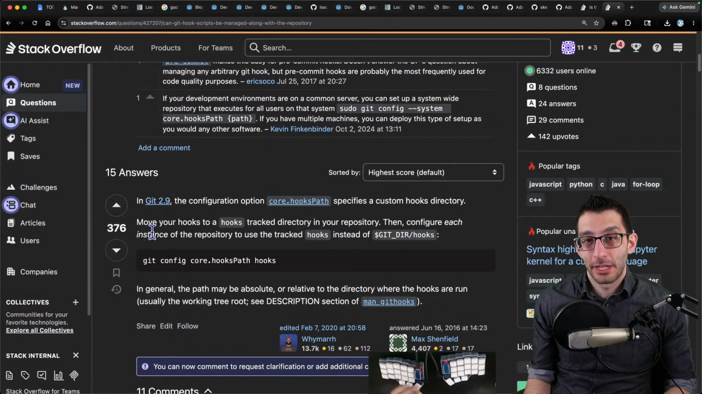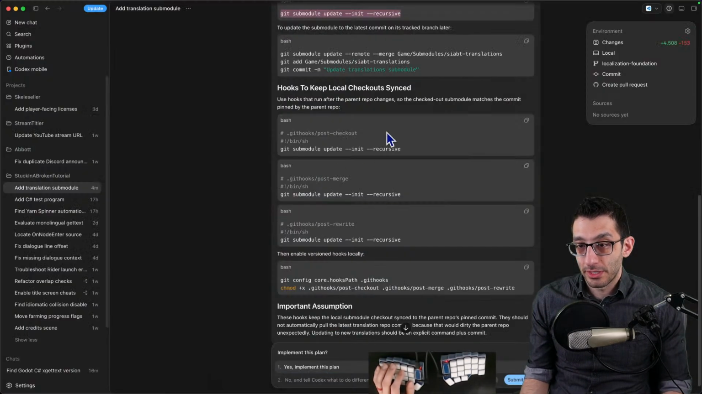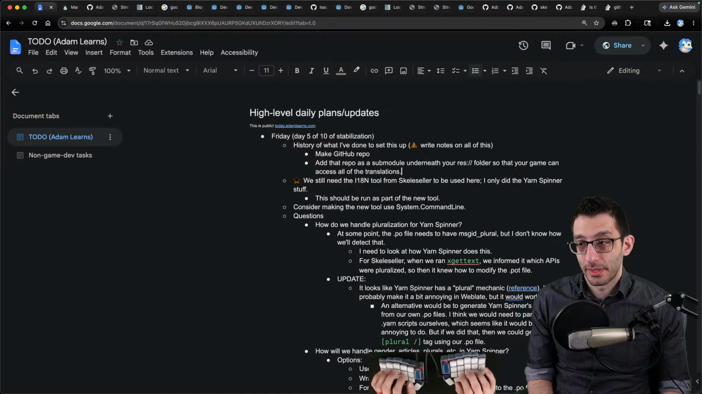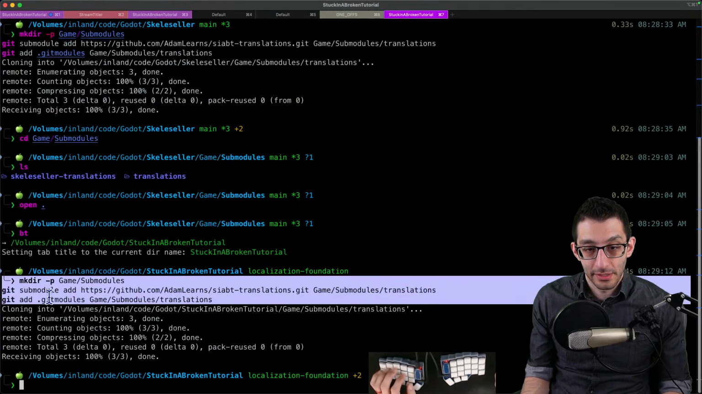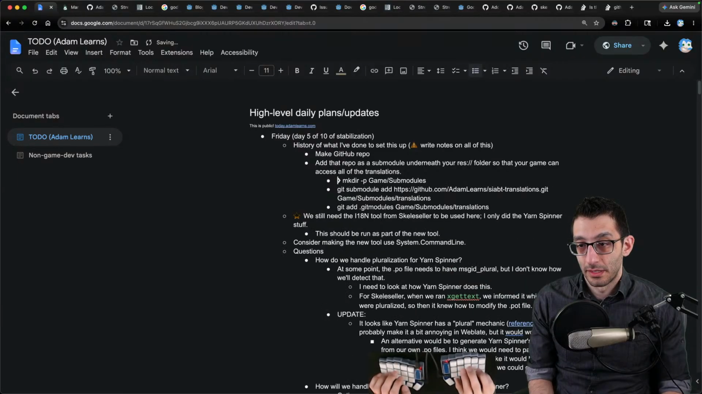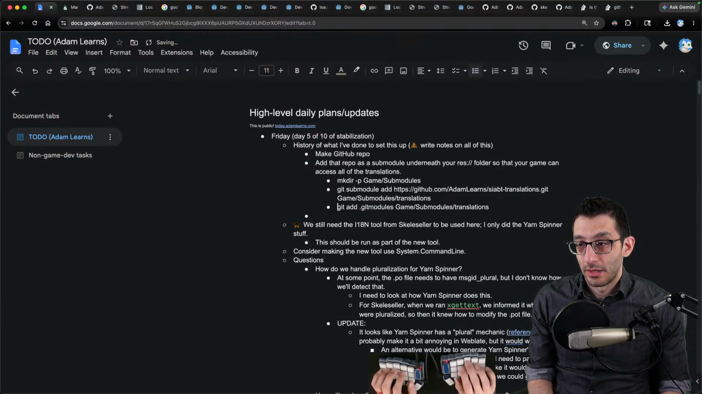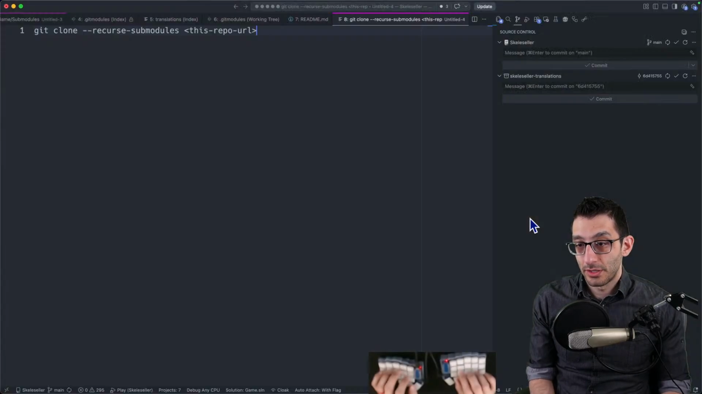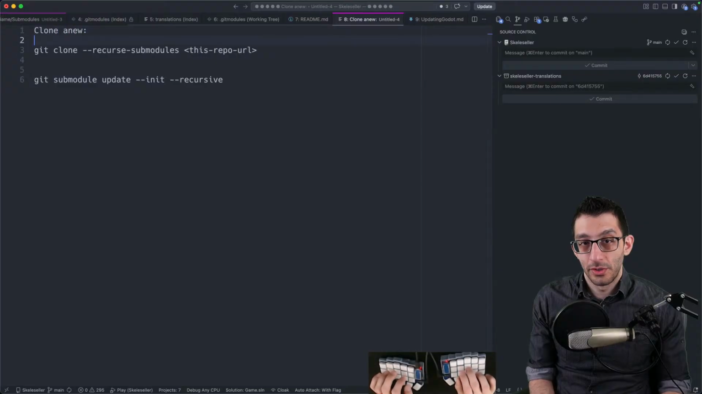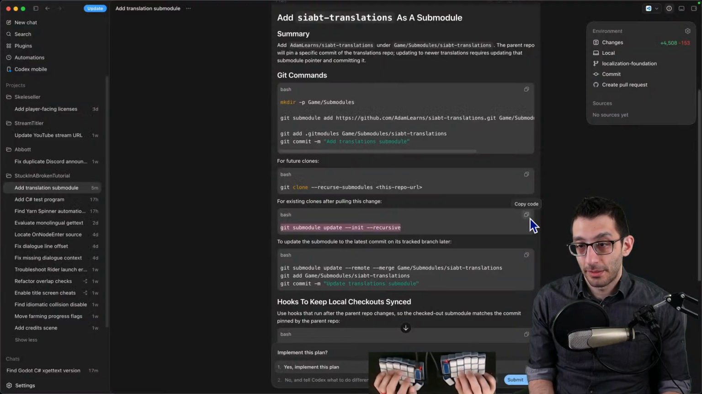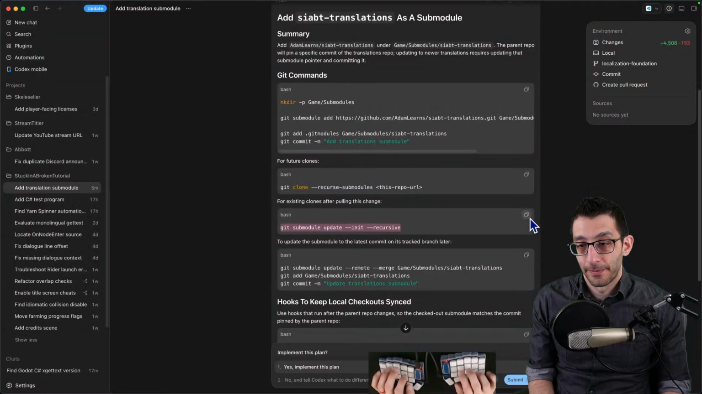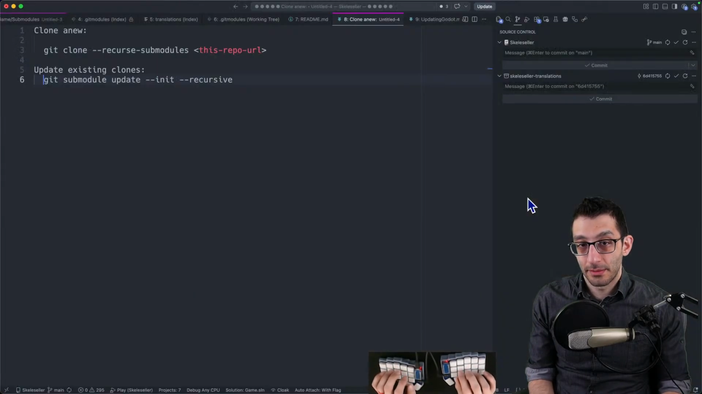Like, should managing submodules be explicit? Well, you know what? We don't need to worry about that too much. Let's just put this here for now. All right, so what did we actually run for this? We ran this. Okay, so that's good. Now I want these commands for the future, so let's paste them over here. This is clone anew. This is update existing clones. And then to update the submodule,